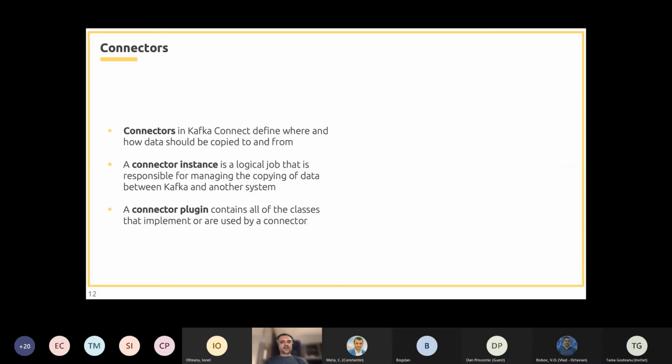When using the connector term, we can refer to a connector instance, which is just a logical job that copies our data, or we can refer to a connector plugin, which is a fat jar or a directory with multiple jar files that contains all our classes that implement or are used by the connector.